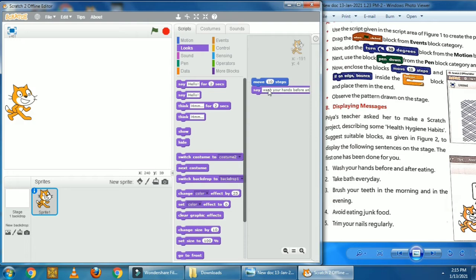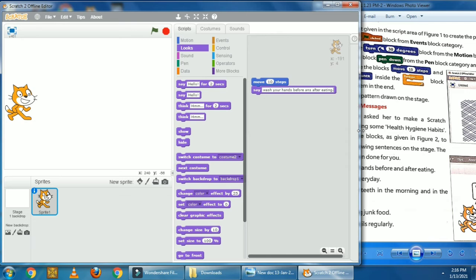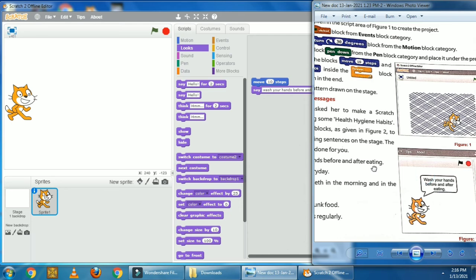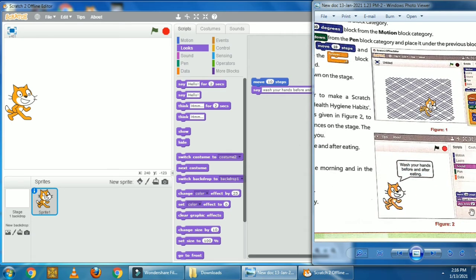Okay, before and after eating. The message cannot be seen because our window is small. Now you can see the message. Okay, wash your hands before and after. Here S is wrong, so just backspace and type D. Before and after eating.